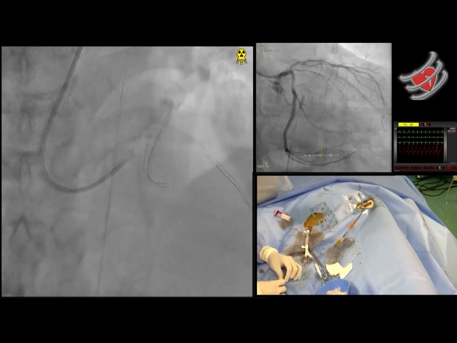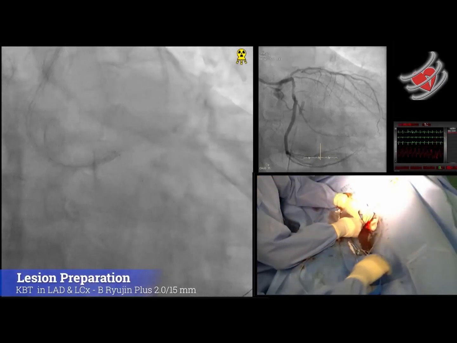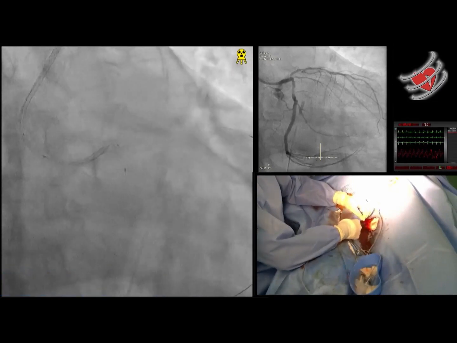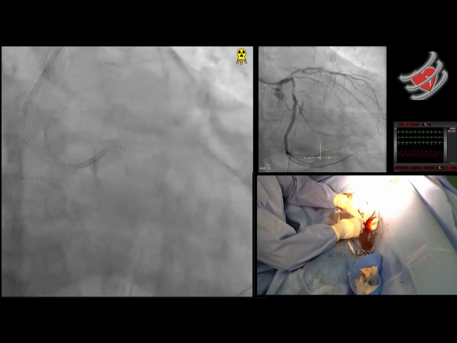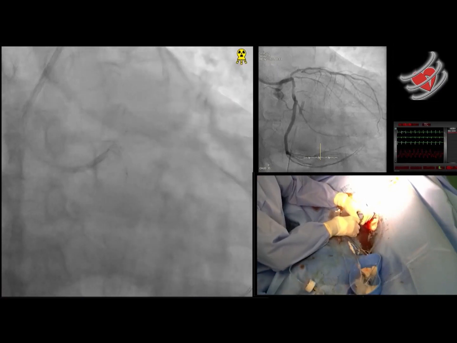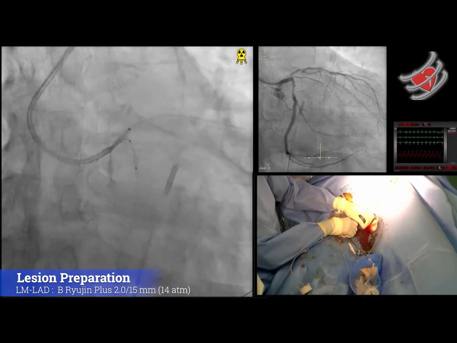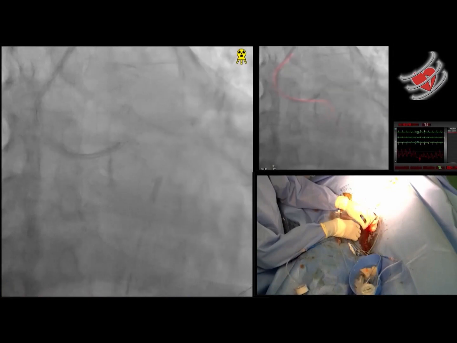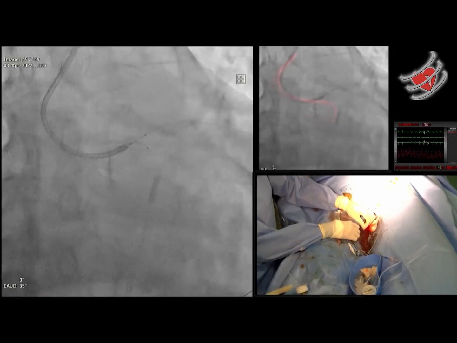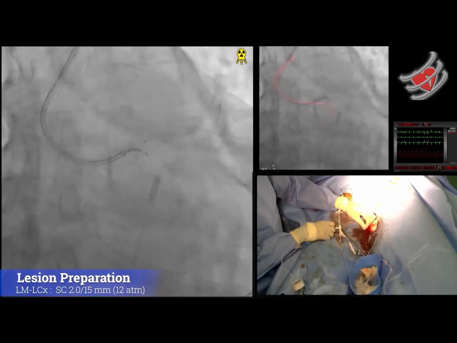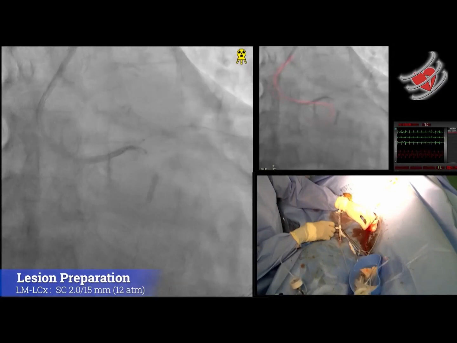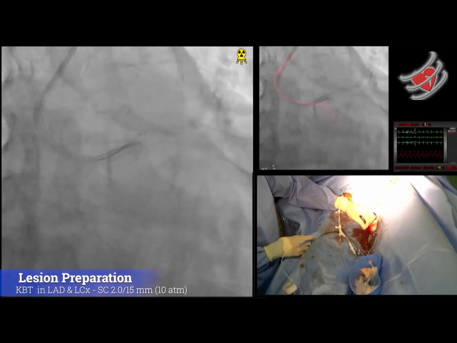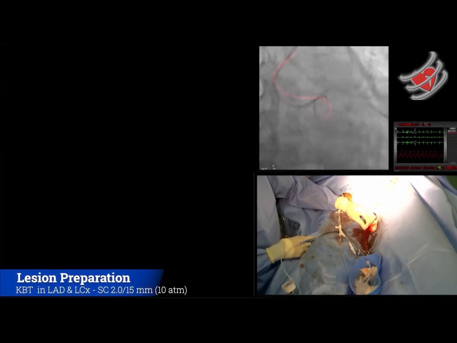And we proceed to our first strategy, which is to reduce the ischemic burden. We do a kissing balloon technique using 2.0 balloons in both the LAD and the circumflex. So we do a preparation beforehand just to make sure that the microcatheter could advance to the LAD because